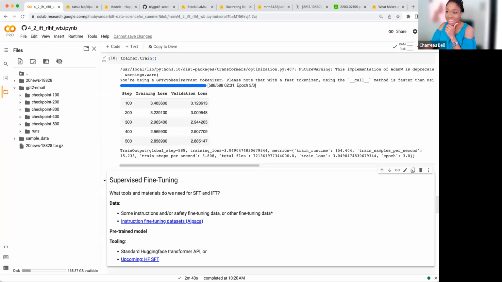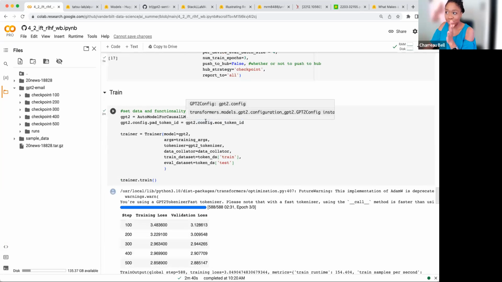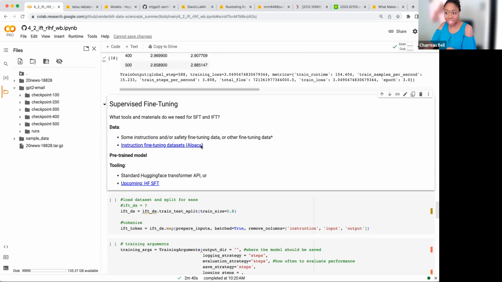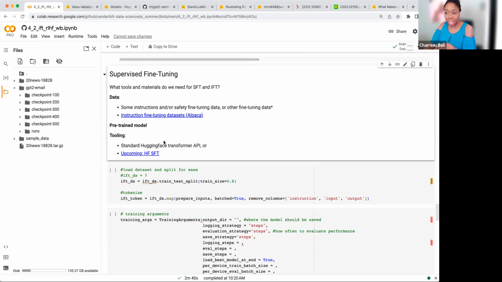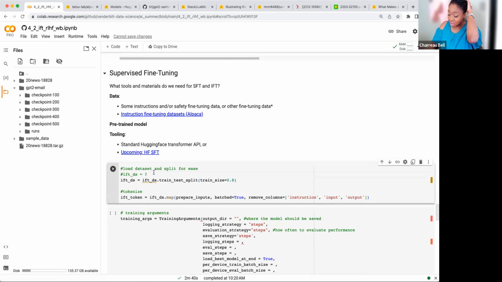Awesome, excellent conversation. Okay, so we have finished our fine-tuning pre-training situation on our particular data set. And now we're going to go into our supervised fine-tuning. The way that we're going to do that is we are actually just going to grab this Alpaca data set right off of Hugging Face directly.